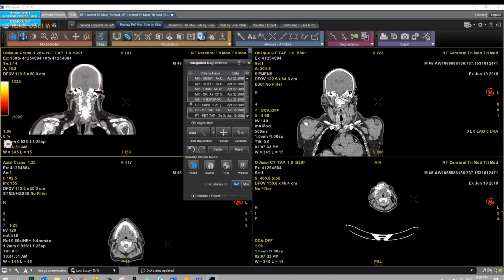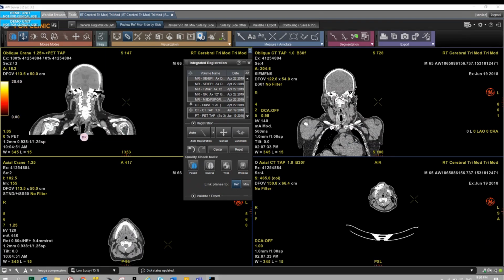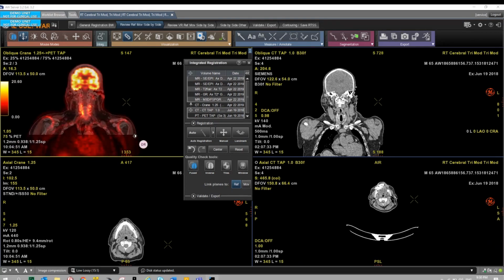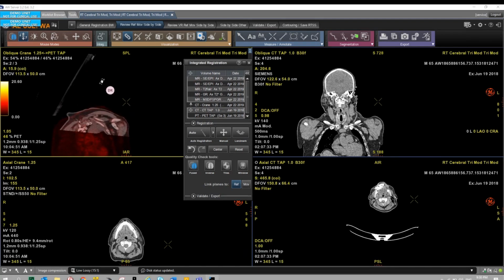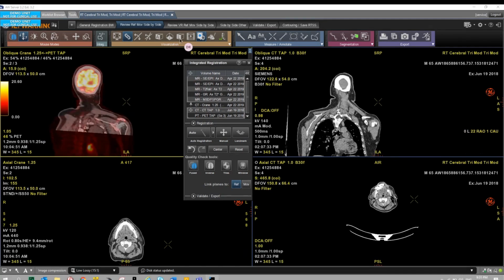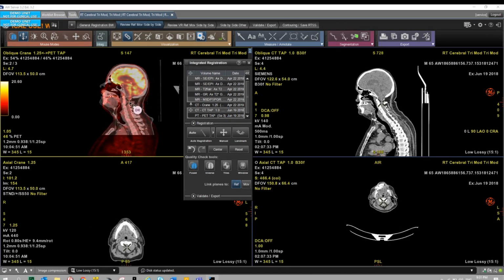And so we will use this color also for PET images. As we load the PET, we can at any time go to the PET display. If I just add more opacity, you see how the PET is registered on the CT from the therapy position. So this is a full 3D, so we can handle the volume in all directions, from sagittal to coronal or whatever. So here is the sagittal view.